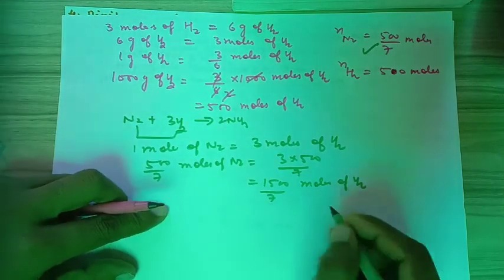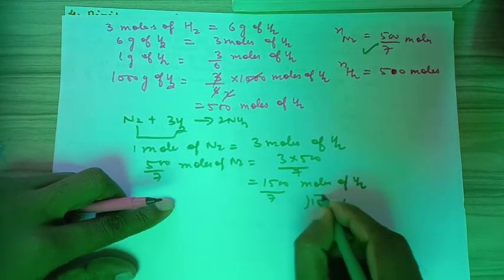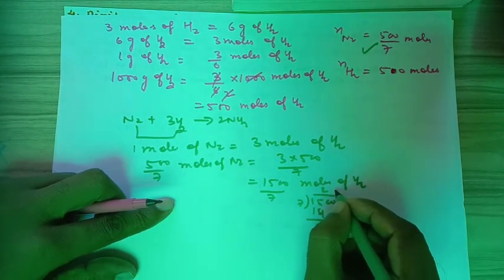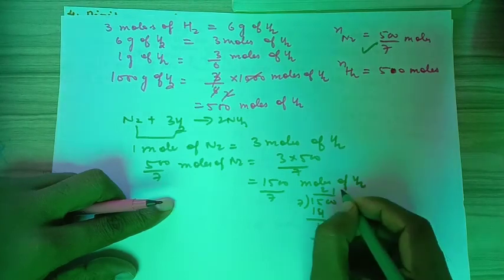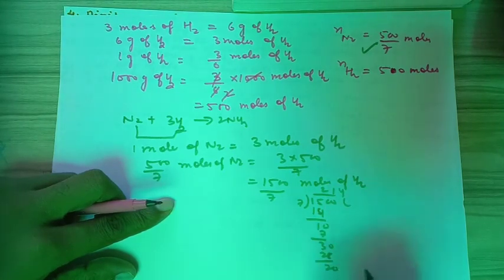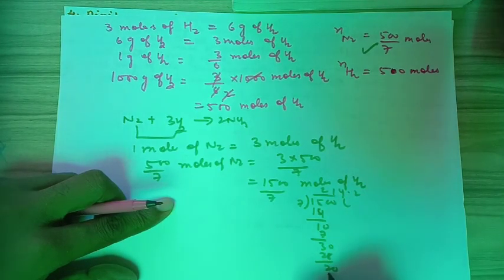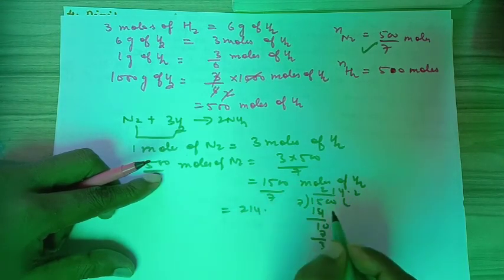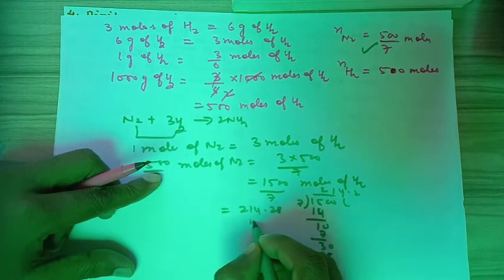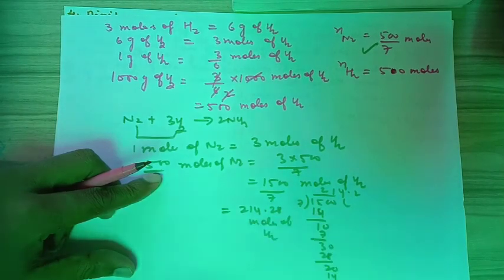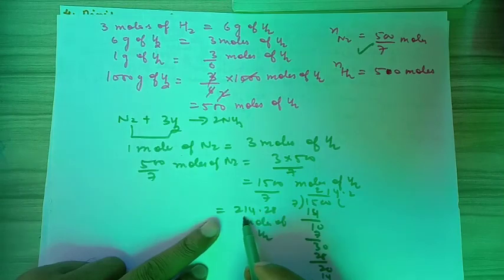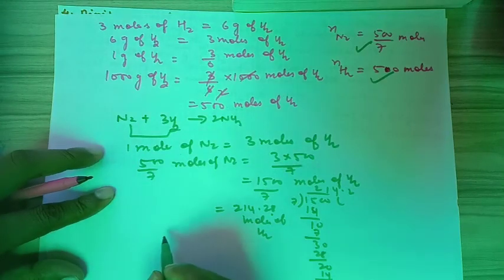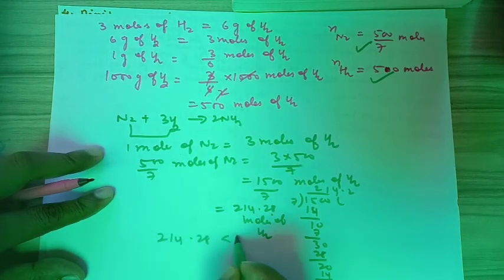Now on solving it, we'll get 1500 divided by 7, that will be about 214.28 moles of H2. Now here H2 required is 214.28, but availability is 500. So we see that 214.28 is less than 500 moles,